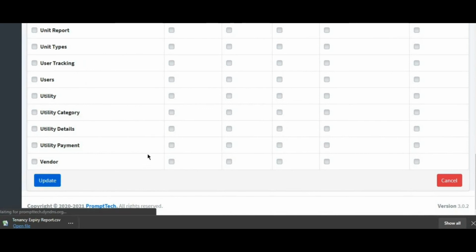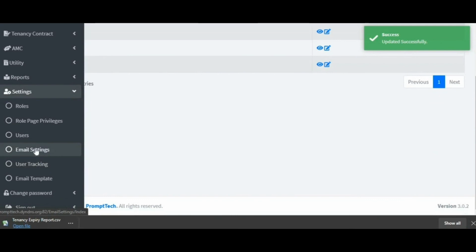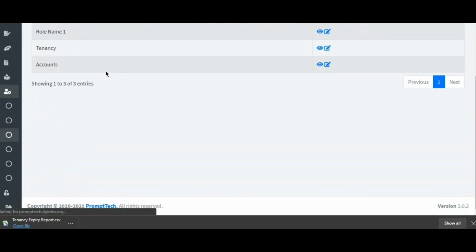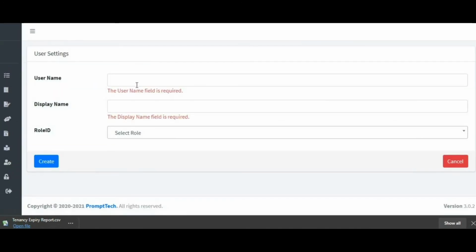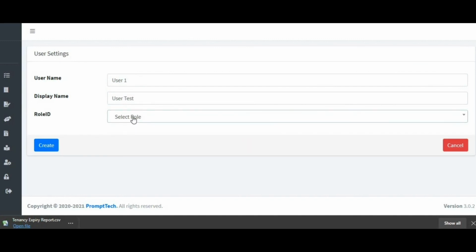Now this role name number 1, for example, I've created. I can edit it if I want, and here I can tick mark the privileges given to a particular person. Whoever you give a privilege to can only see those reports; anything except those reports is not visible. So here you can assign privileges to people. I'm just assigning privileges over here.